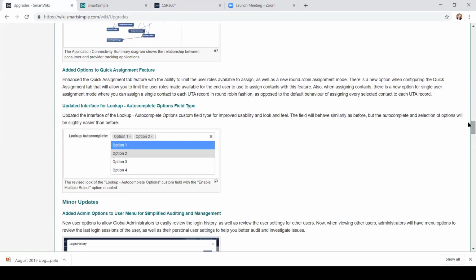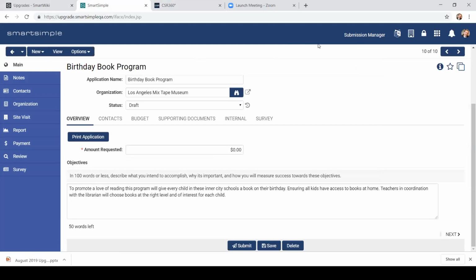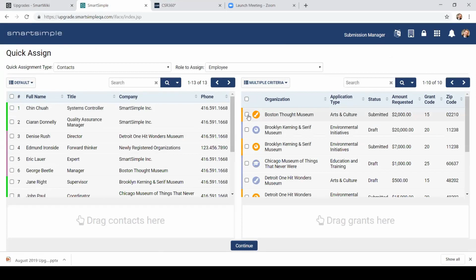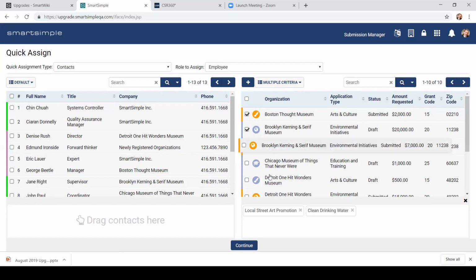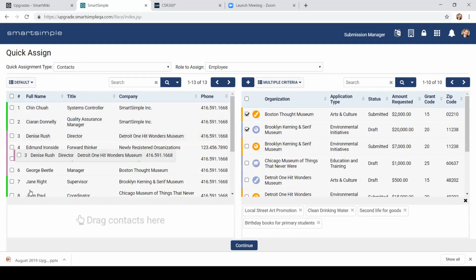So for those of you in the granting space that use the quick assignment feature, let's say I've got 5 applications here, and I want to assign them reviewers. So I can use this thing called Quick Assign, which is this button here, and I pick the ones that I want. So I want this one. Let's grab these. Oops, sorry. I'll grab these 2 here, and I can add them that way, or I can drag and drop them. So there's that one, and I can do it that way. So we've got 4 there, and then I want to pick reviewers. So I'm going to pick these 2 people as my reviewers,